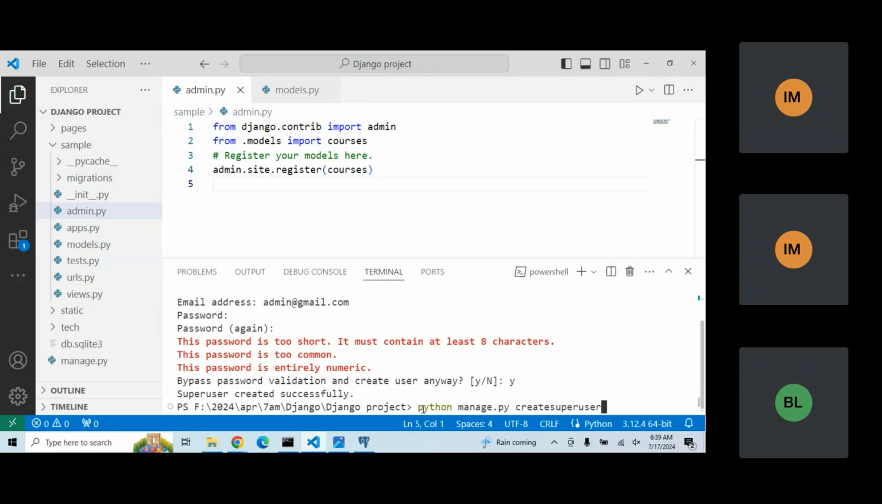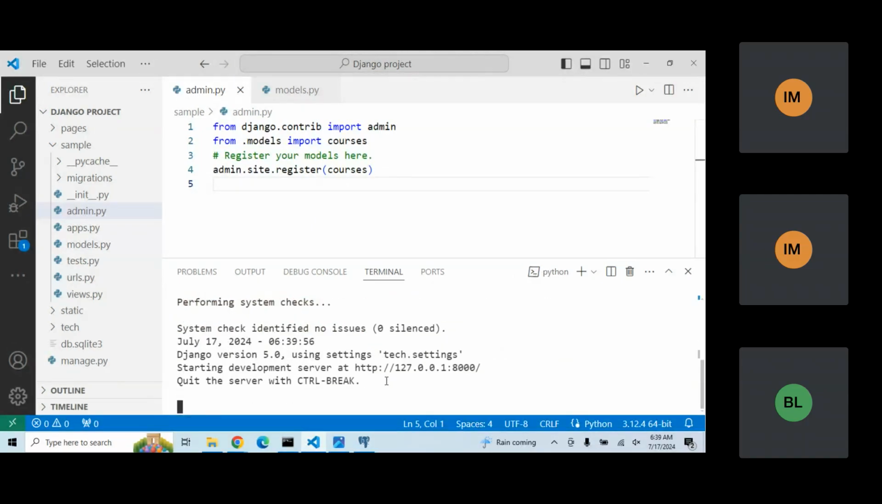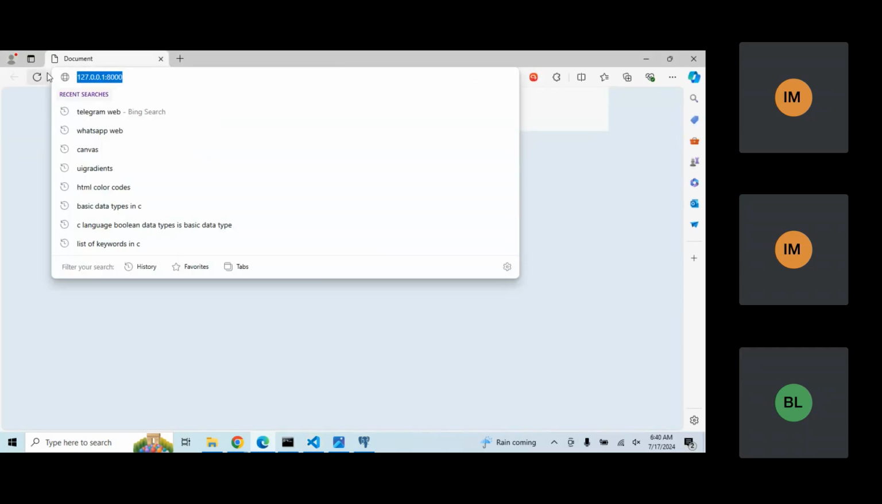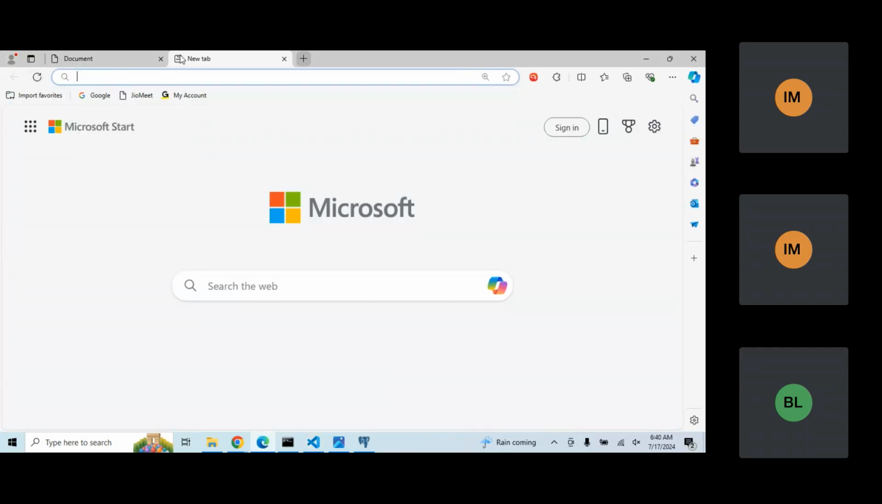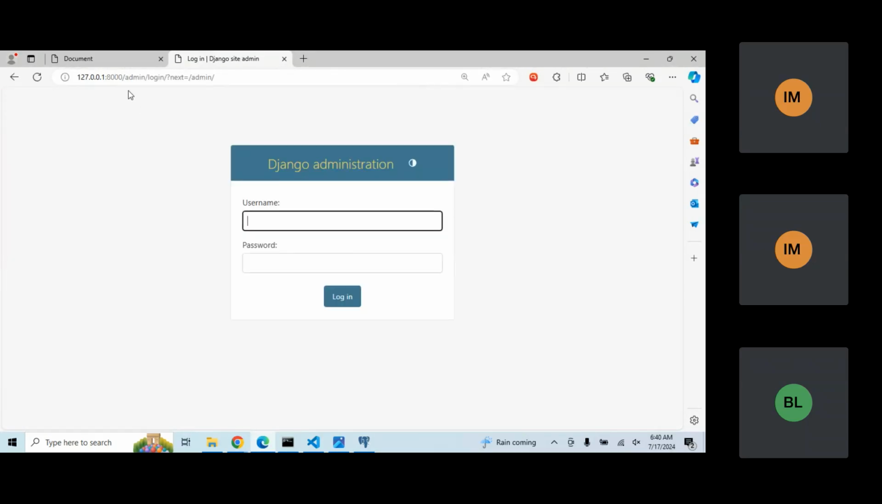Now let me run the server to access the admin panel. And here I'm going to write runserver. Once you enter this command, the server is going to start. If you click on the link, this is the main page, and here I just need to write /admin. If you write that, the admin panel is going to open, and here you have to give the name. What name have we given? admin. What password have we given? 1234. Click on the login,